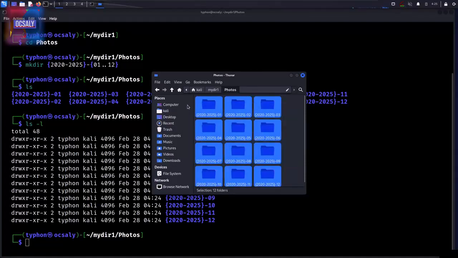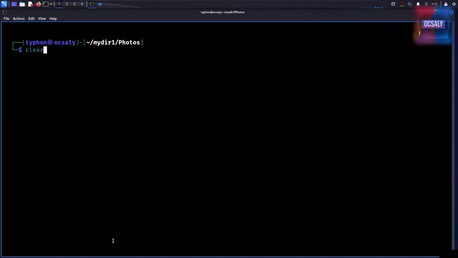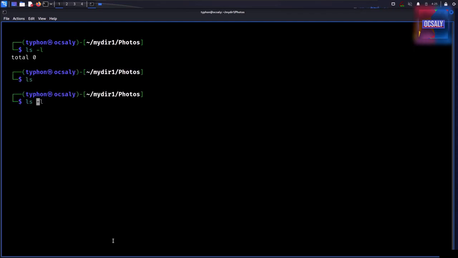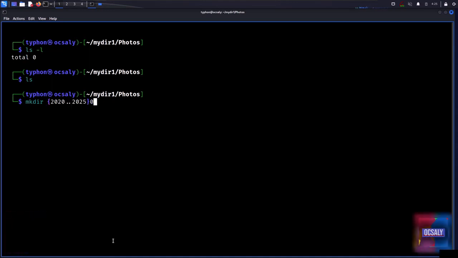Actually we didn't mistype; instead of writing this, we have to write 2 space characters. So clear, let's write it again. We don't have any files, ls, and here we will do mkdir